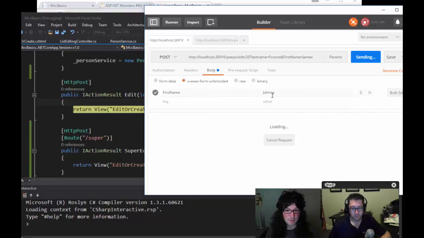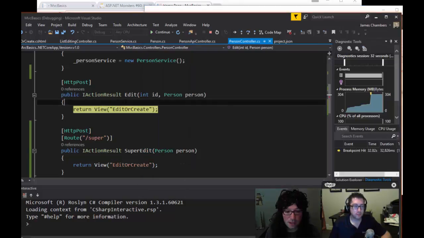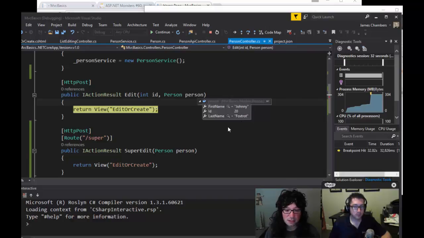And in this case, Johnny's here. So the order that they get applied, again, is from the route, from the query string, and then from the body, provided that it is form encoded form values, key value pairs that come in from the form. And that's what we see here, this deserialization that comes in, and this is injected for us into our